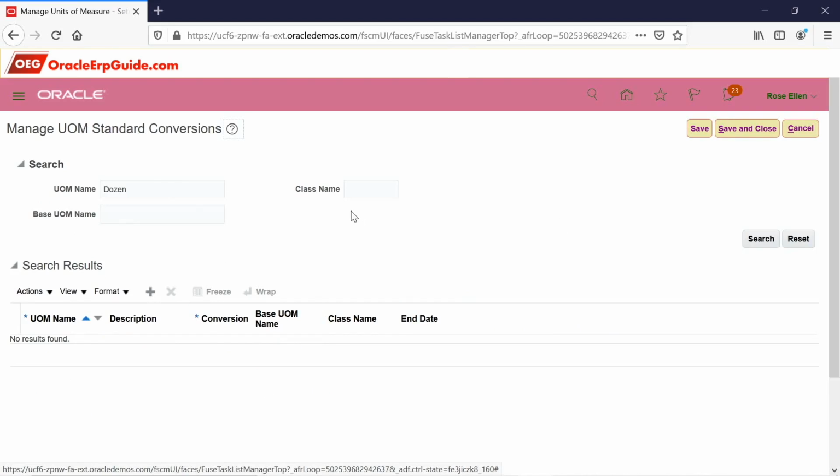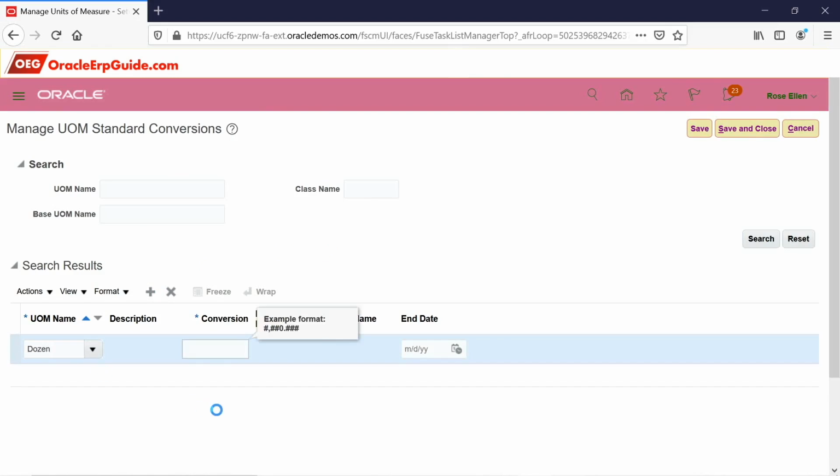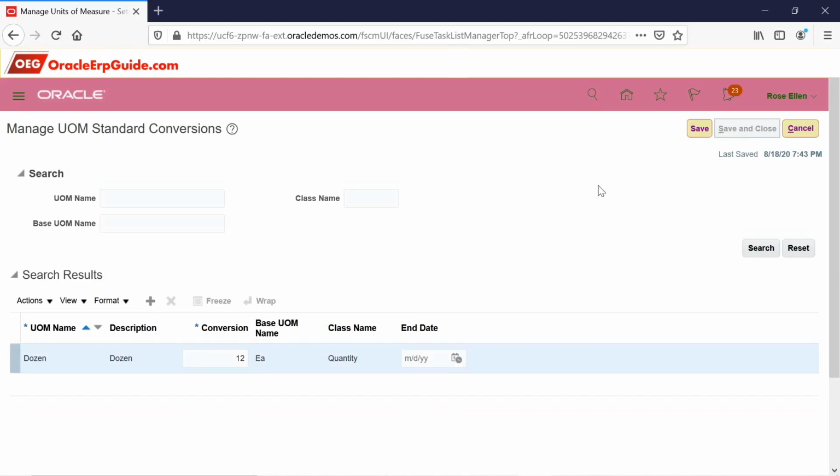So here let's click on plus to create a new one. So you want to convert dozen to how many each? Because here since our base unit UOM is EA, now we are just converting this dozen to the base UOM conversion. So here it should be 12. So we do this conversion, we click on save and we save and close.